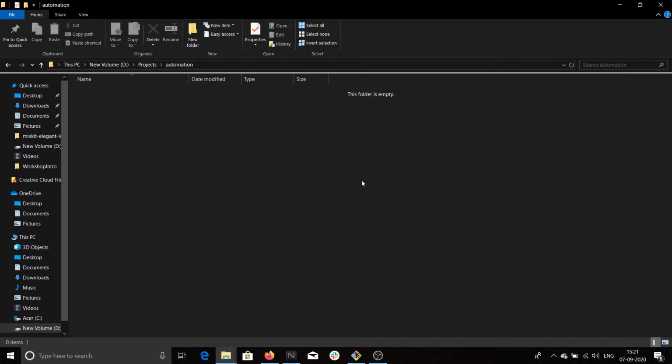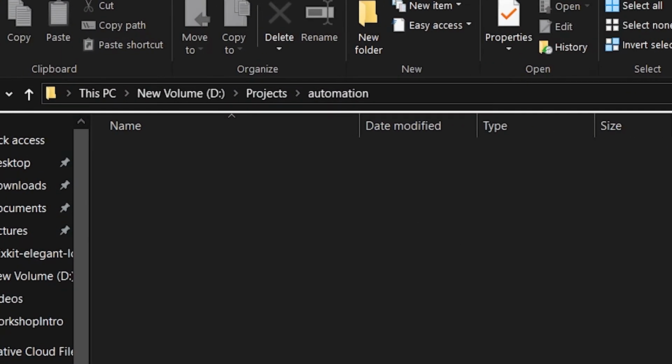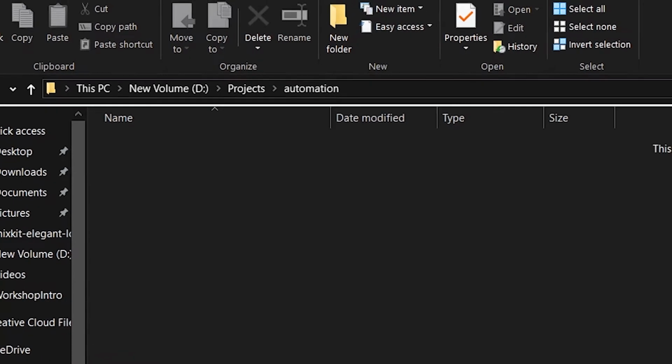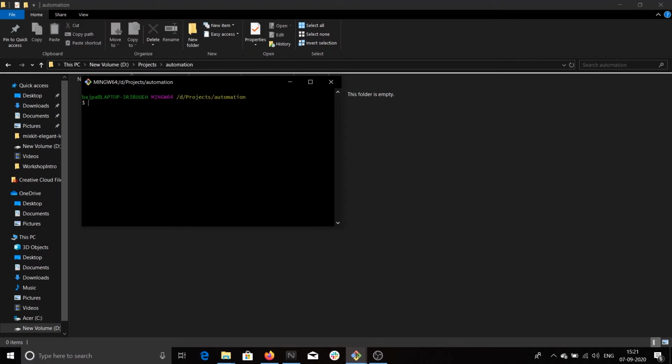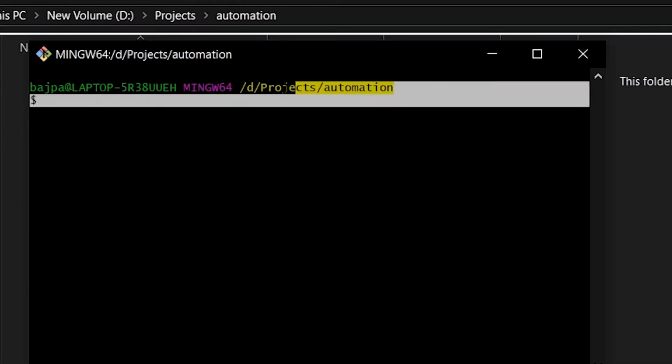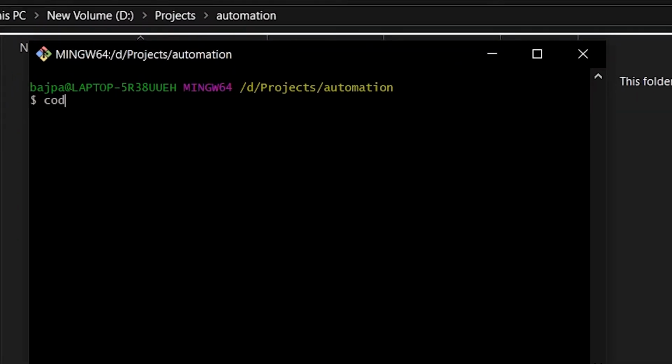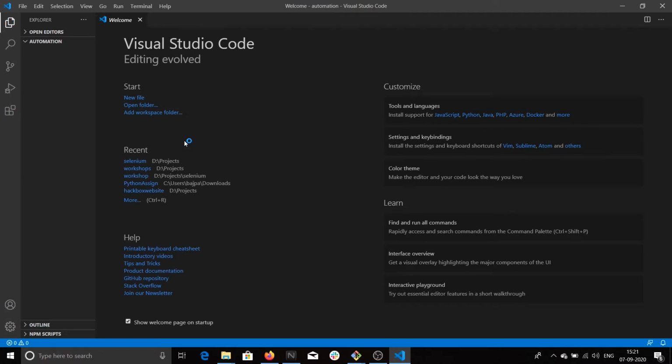Okay, so now as the setup and installations are complete, we will actually start making it. Firstly, make a folder and name it automation. Now open this folder inside your favorite code editor. I will be using VS Code. I will be using a shortcut to open it by using its environment variable. To use this shortcut, make sure that in the terminal you are inside the folder. Now type code space dot. This will open VS Code inside your automation folder.